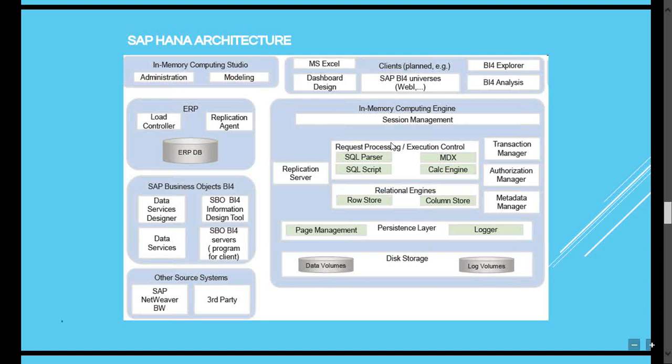So we have many components which perform different tasks at a given point of time. We have the in-memory computing engine, on top of which you will be working on the data to create the models, to do the data provisioning, to do the administrative tasks, and also to create applications. HANA is a platform that has an application server embedded with it, and therefore you can create end-to-end applications on top of the SAP HANA platform, which can access the data present in the HANA database.